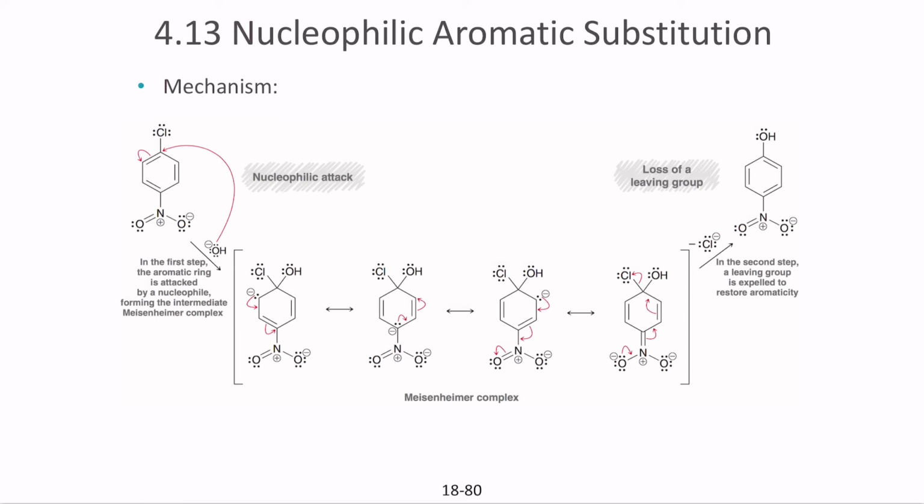Now what happens during the nucleophilic attack is the OH minus attacks the carbon, and the carbon attaches itself. So once it creates the sigma complex, the sigma complex then rearranges in such a manner where the chlorine tries to leave. So it uses the loss of the leaving group, finally creating the structure that you need.